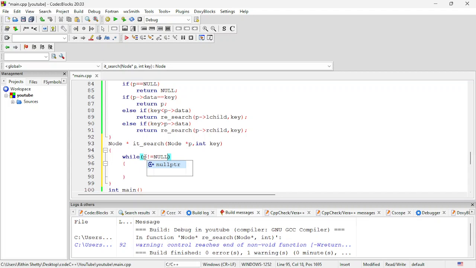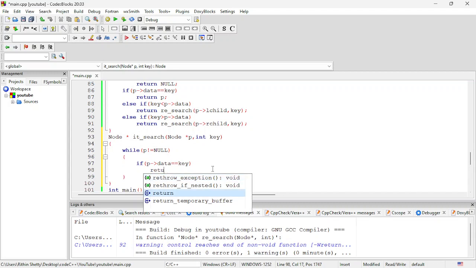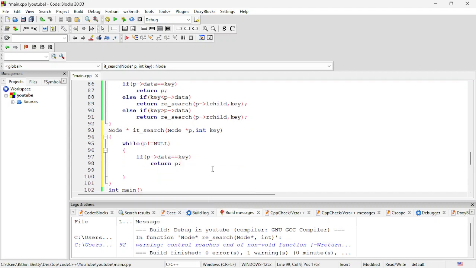If you want to represent p is equal to null, you simply give it like this. But now let me take if p isn't equal to null. So if it is not equal to null, go here. If p data comes equal to the key, then return me that p. Okay. Else